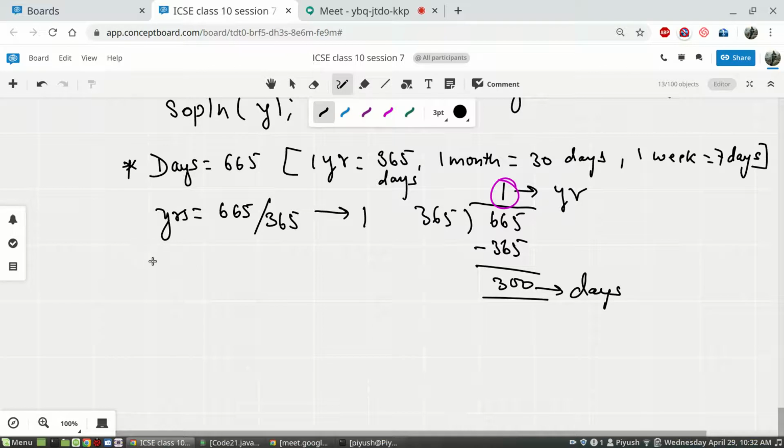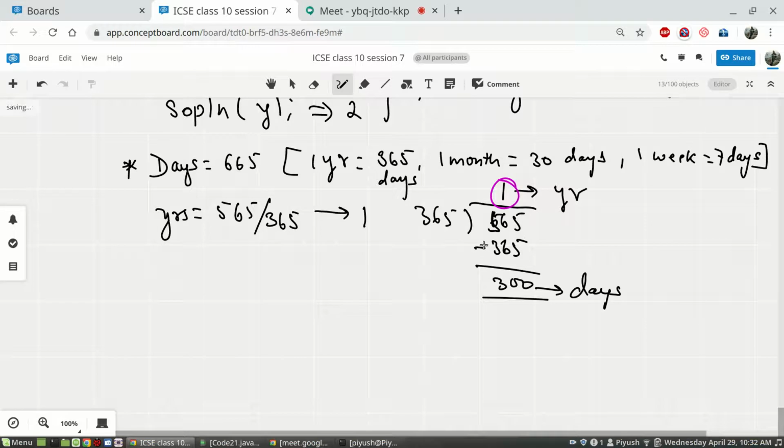Now in 300, let's say I'll not take this figure, it will become very simple. I'll make it something like 265 or 565, because then there won't be much to calculate. 565.